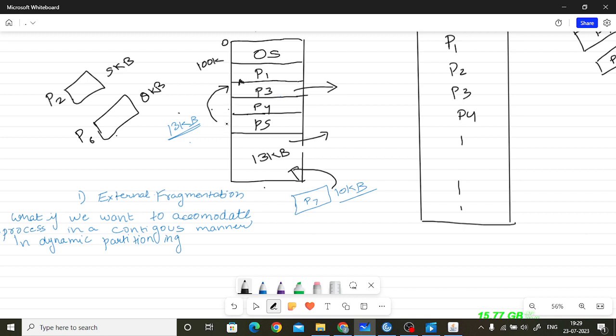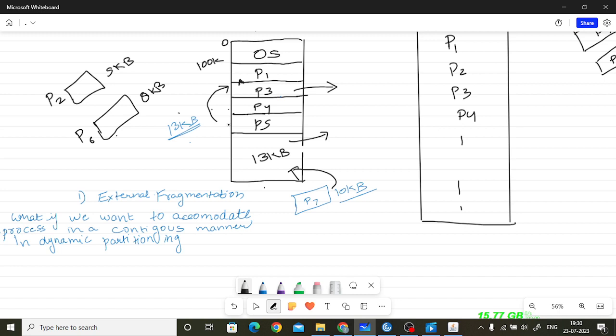How can we do that? We can do it by using the process of copying data bit by bit. So by using this method we can allocate in a contiguous manner, but